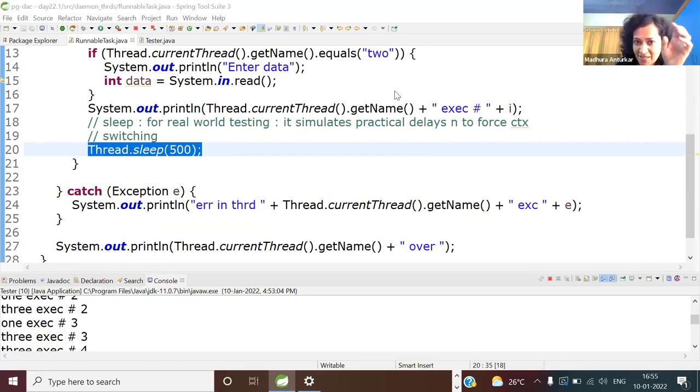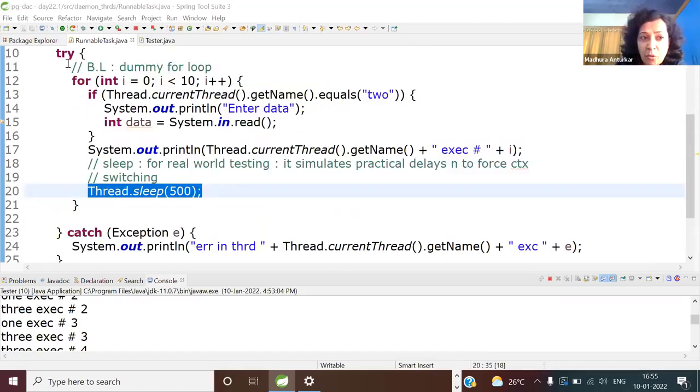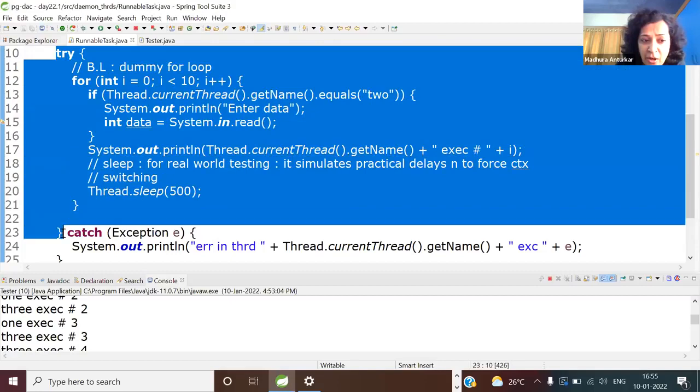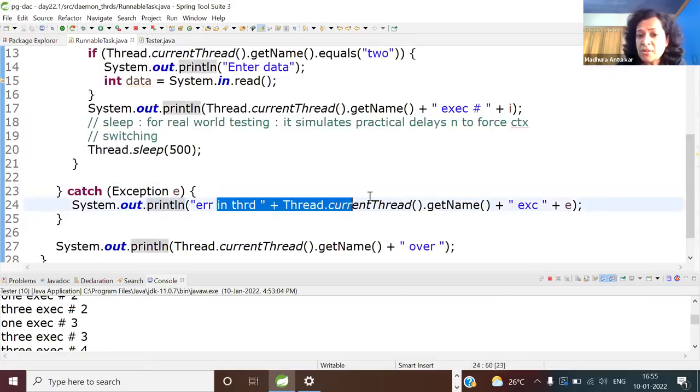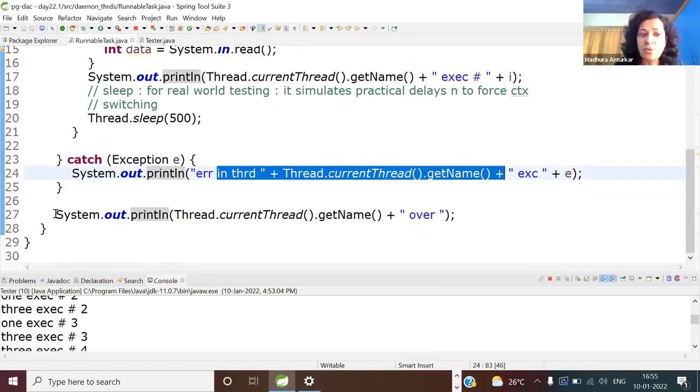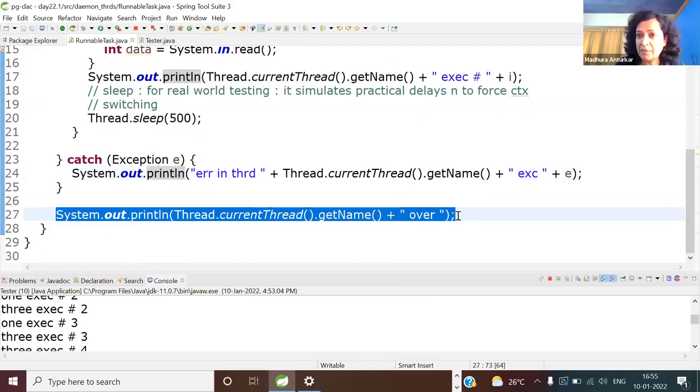Yes. Are you understanding? People can ask you so many questions with two-liner code. So now it will get that earlier sent pending interrupted exception. And the moment you get an interrupted exception, you all know the try block gets aborted and control comes here. So you'll see the error in thread 2, and after that there's no code, so T2 will get over.